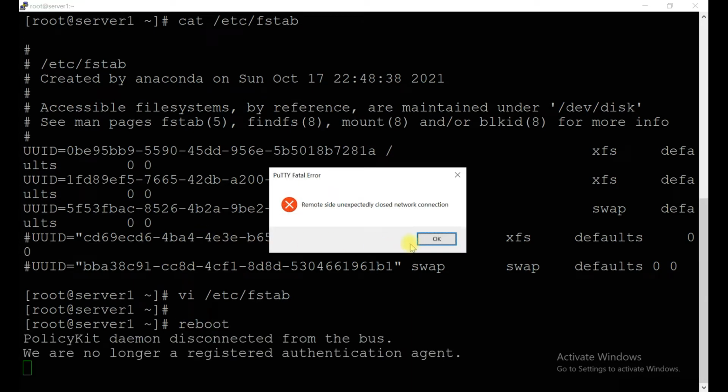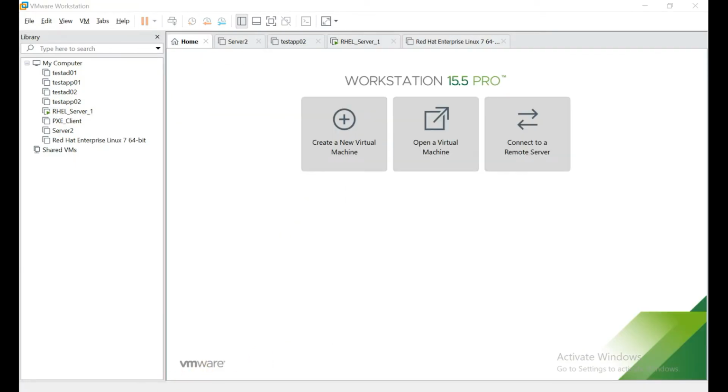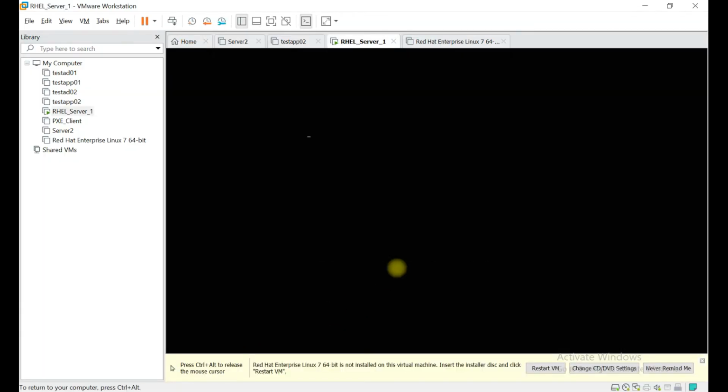Let's go to the console. Okay, system is trying to boot.